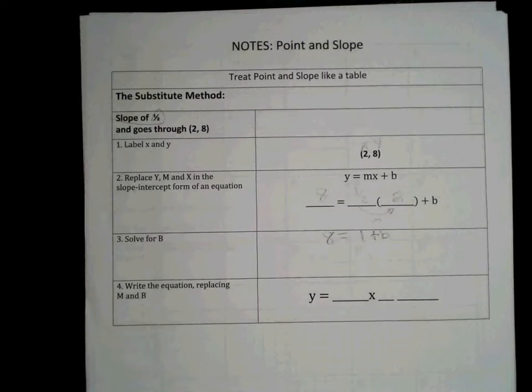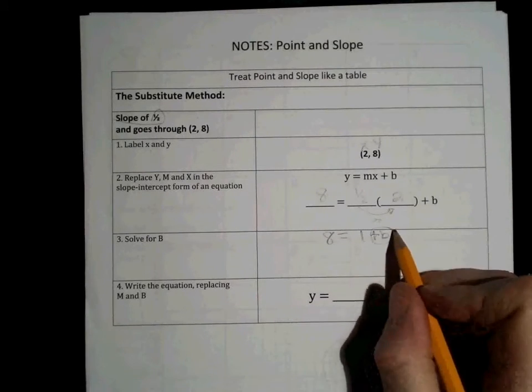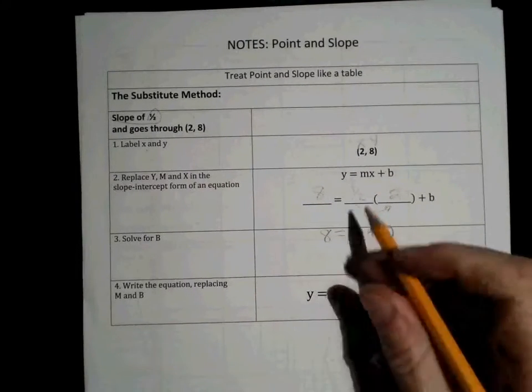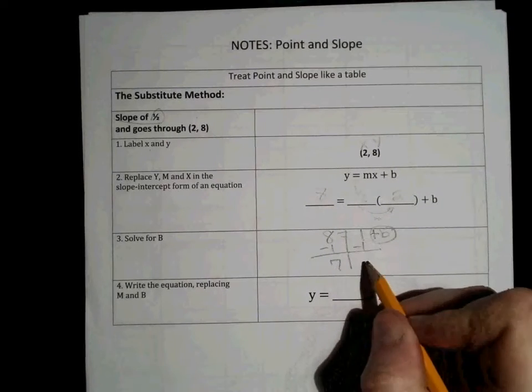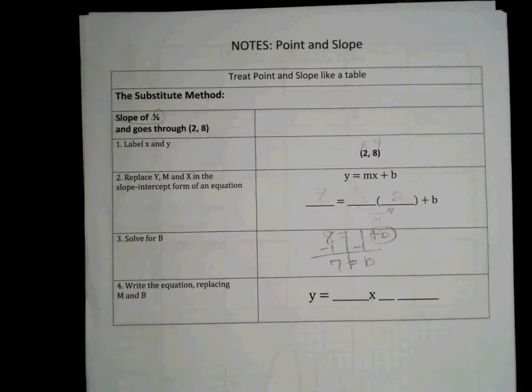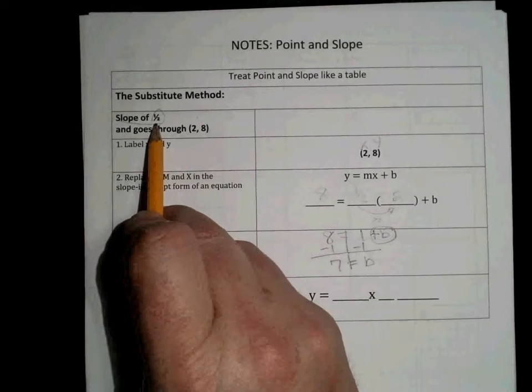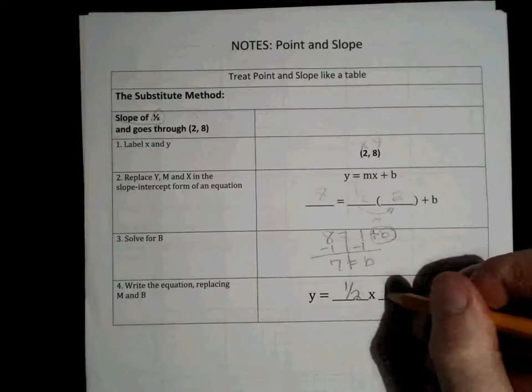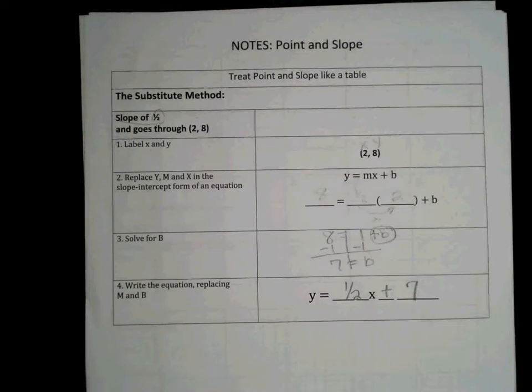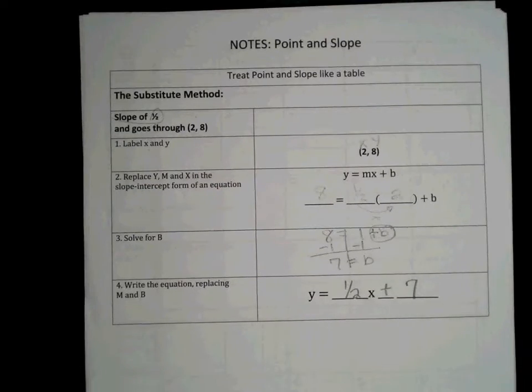To solve for b, I circle my variable, I get rid of the constant, and I end up with 7 equals b. So now that I have my m and my b, I get my m from the original problem. It's 1/2 x, and it's plus 7. And that is all there is to it. On the other side,